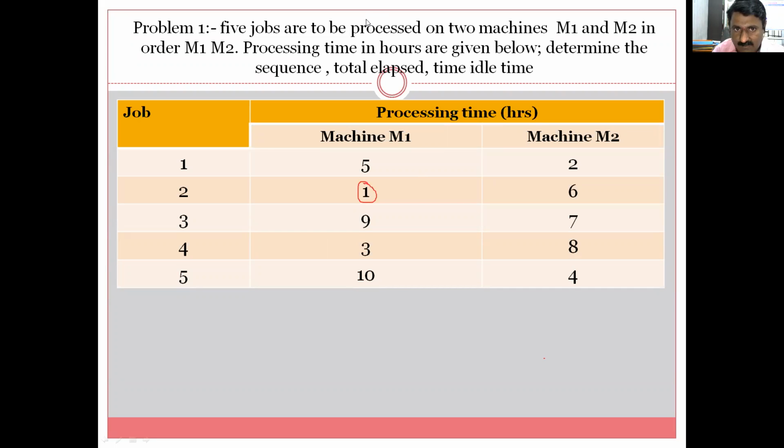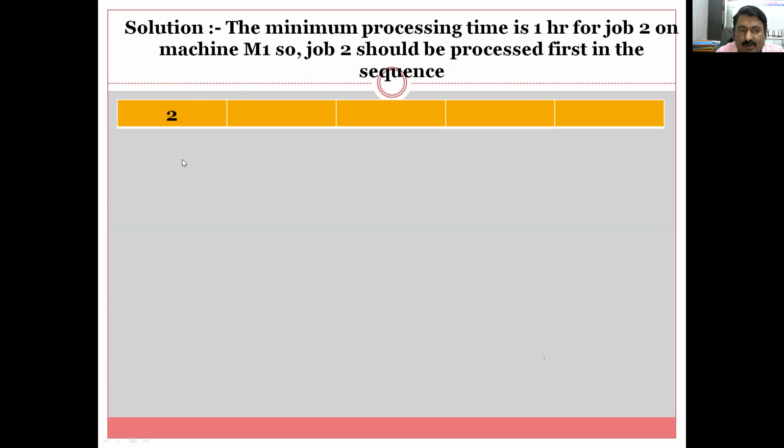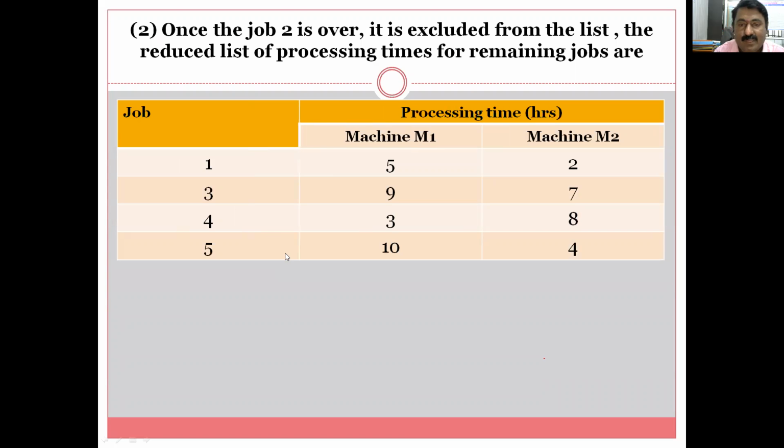So up to this. Okay. Job number 2 as the first case. For both machines, it will be after machine 1, it will go to machine 2. Now I will erase this. What is remaining? I have to apply the same cycle for the remaining. So let us move further. Job number 2 is over. Now 1, 3, 4, 5, four are remaining. Okay, this sequencing is given for job number 2.